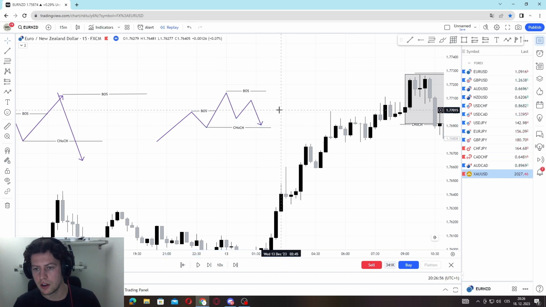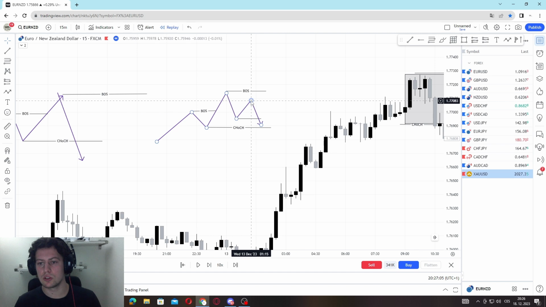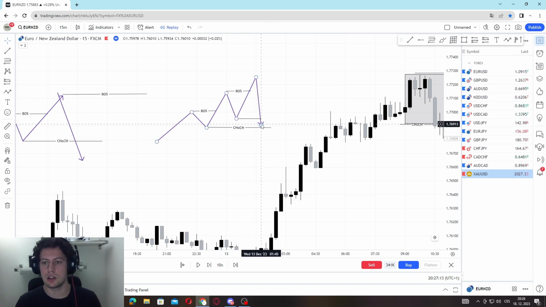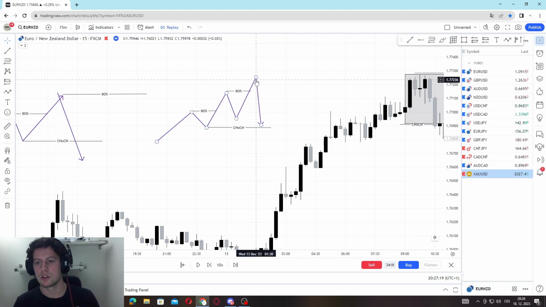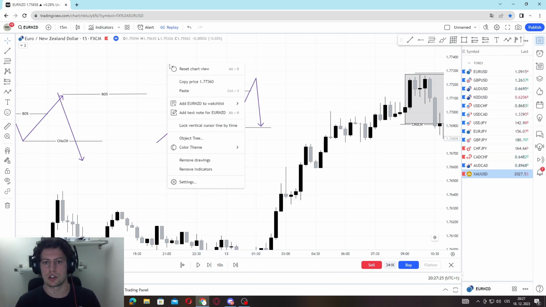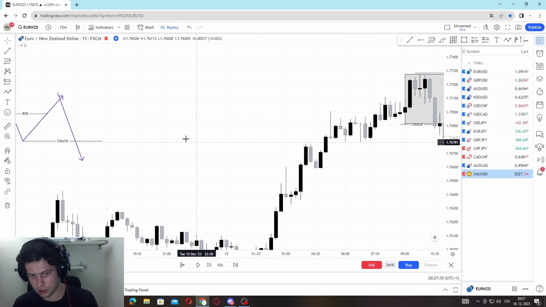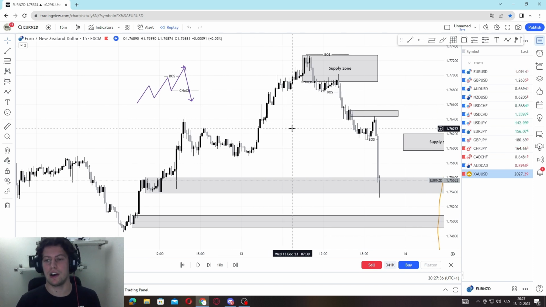Here you can see that this is not a change of character. This point is not a change of character, because it didn't go here. If it would go up, it would be a valid change of character. But in that case, absolutely not. So the market will just fake you. It wants you to lose money, so just be aware of this, be patient, try to refine them,